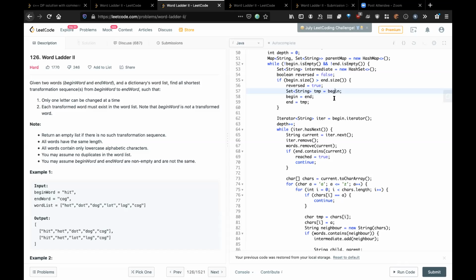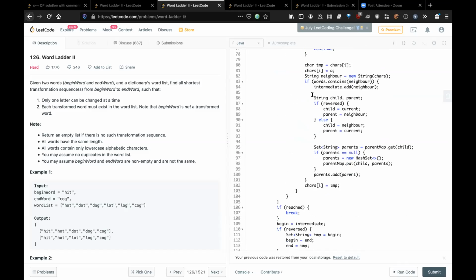When you need to form the list again, you need to have the parent to child relationship. But if you're coming from backwards, it will be child to parent, right? Yeah, in this case, we are actually not looking at the size of the path, but we are looking for the paths. Therefore, we have to maintain that. The earlier one did not have that.